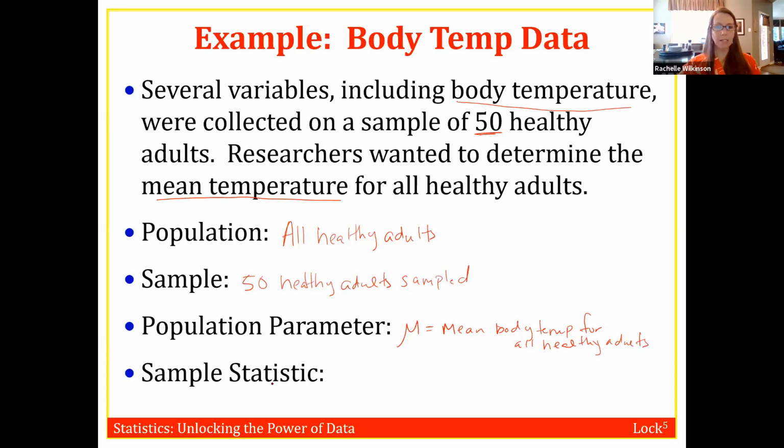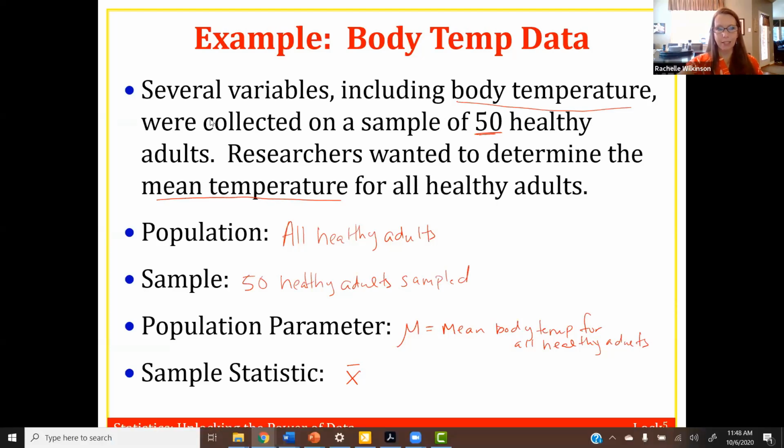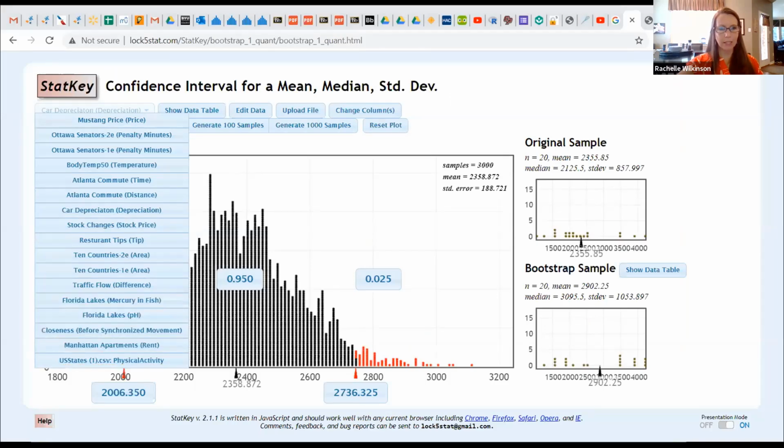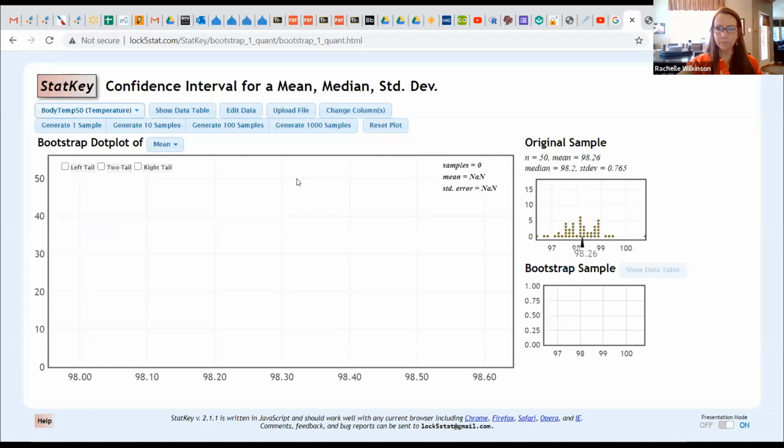All right, and then my sample statistic is going to be an x-bar, and I'd have to actually look at the data to figure out what that is. And I did realize that I didn't put that on your notes page. So I'm going to go back to StatKey and see if we can figure that out. So this data set is also in this drop down menu here. So I've got the body temp for 50 people, temperature is what I'm looking at here, and the mean body temp is